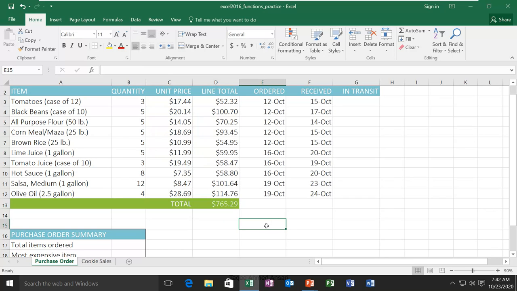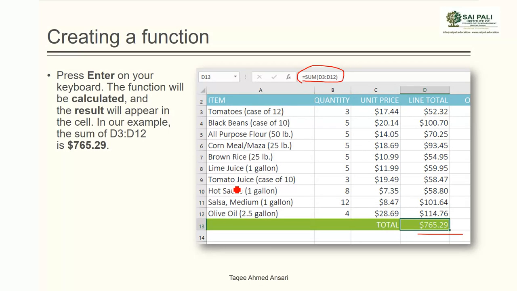So if I try to use it in here, it will do what? It will not select this range, it will automatically select this range because it is in the same column. So in this case, you have to manually select the range, and that means you have to manually apply the function.